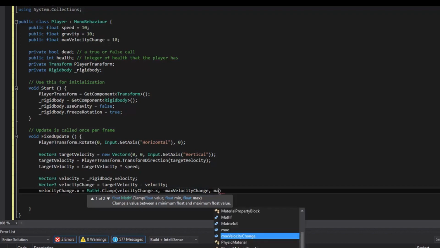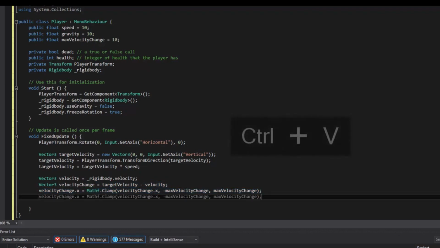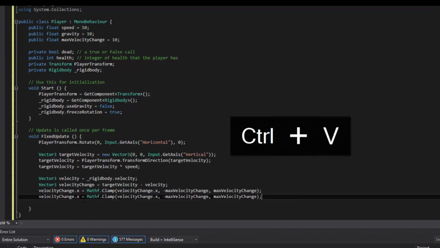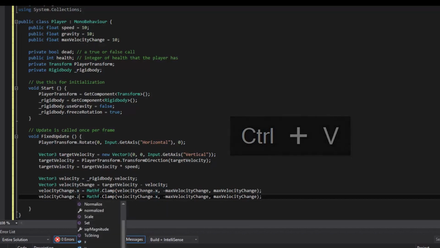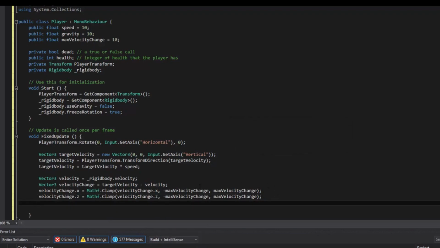And the positive is maximum velocity. That assures us that our value doesn't go past 10 and negative 10. And we can copy this, Control C, Control V, and here we just change it to Z, like so. Enter. And now we can make sure that we don't fly off the face of the earth